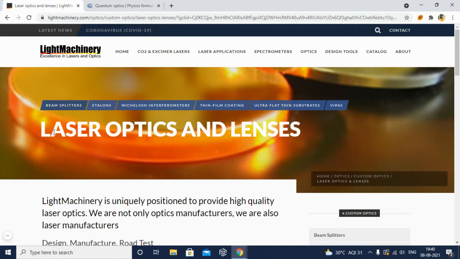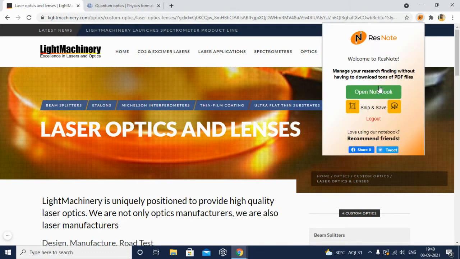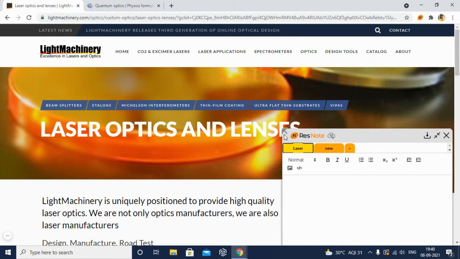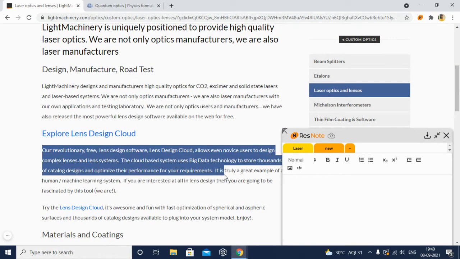Suppose you are doing a research about the particular topic of laser. You can simply start by opening your notebook and changing the name of the notebook to laser first. You can change the size of the notebook from here, and whatever information you find relevant for your work, you